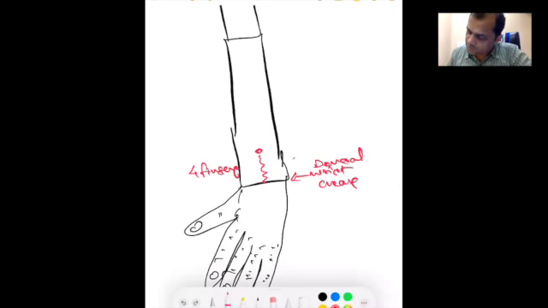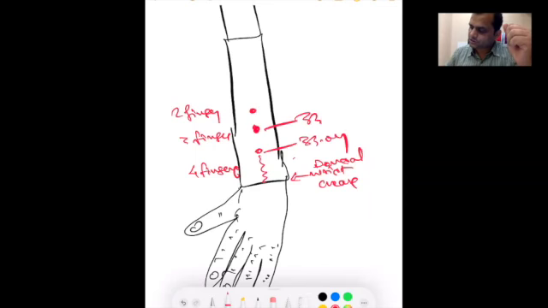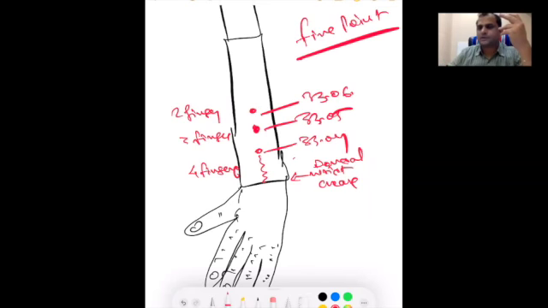Then we are going 3 fingers, marking another point. Then we are going 2 fingers, marking another point. So first 4 fingers, then 3 fingers, then 2 fingers, marking 3 points, and the numbers are 33.04, 33.05, and 33.06, called fire points. Why are we calling them fire points? Because increasing the fire